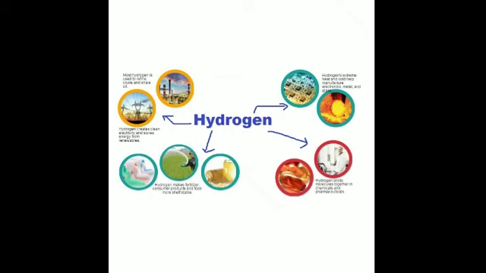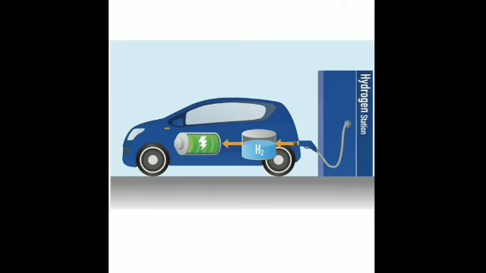Then hydrogen is used as a fuel. So when it is burned, energy is generated. You can see it in the form of the fuel which is used for driving cars, because of its high heat of combustion. When it burns, it gives a high heat of combustion. This heat is used for running the vehicle, and this is a pollution free fuel, that is no pollution, because oxygen when it combines with hydrogen forms water.